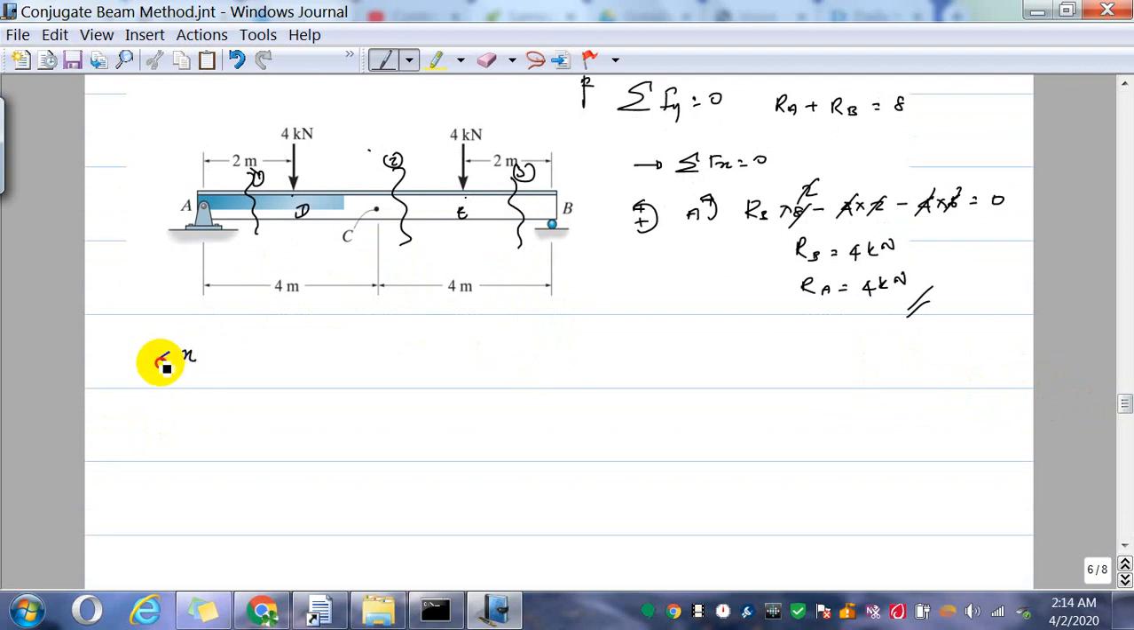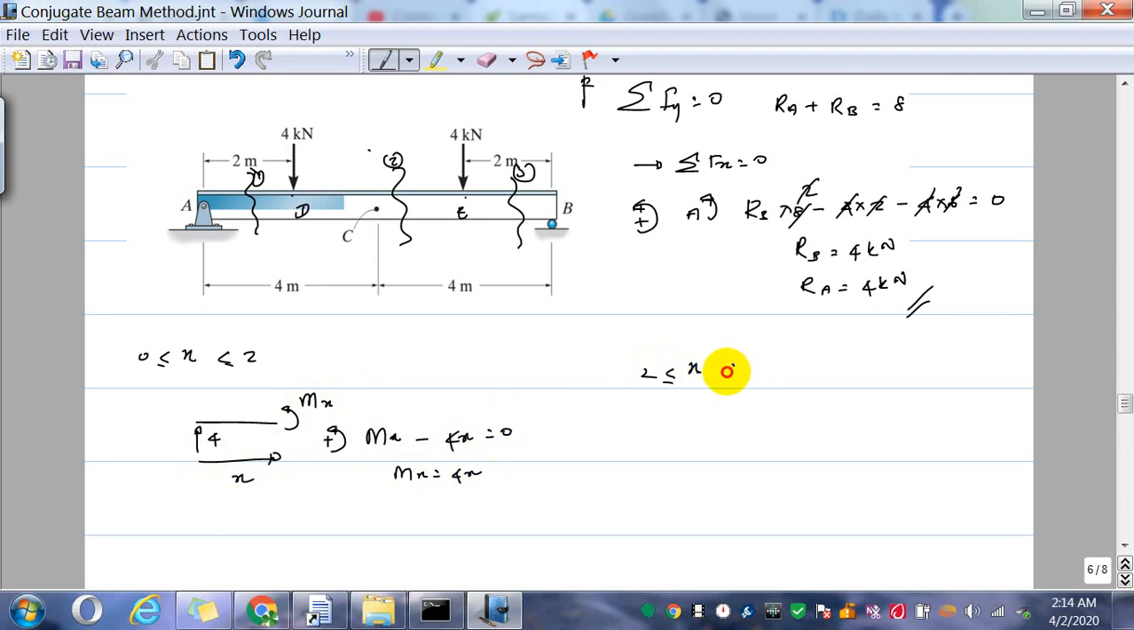So x greater than 0, less than 2. So this is a typical section. So I mark Mx, and this is the distance x. So Mx, if I take counterclockwise positive, Mx minus 4x is 0. So Mx is 4x. So if we consider x greater than 2, less than 6, then I have this 4,